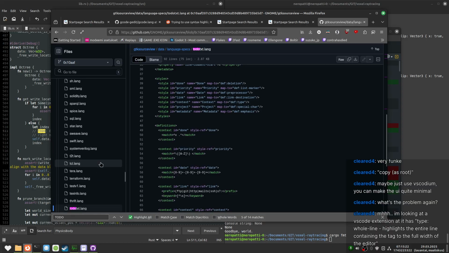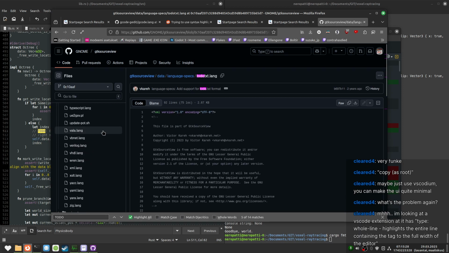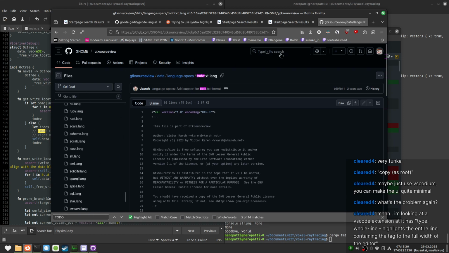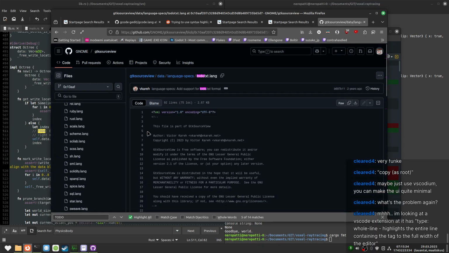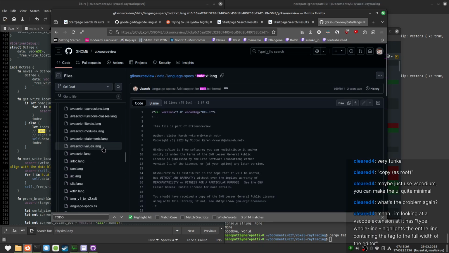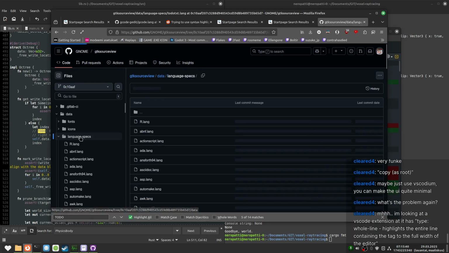Anyway, alright, we don't care about todo.txt. But how do we... I'm gonna search in this folder. Let's just open this folder first. Language specs.